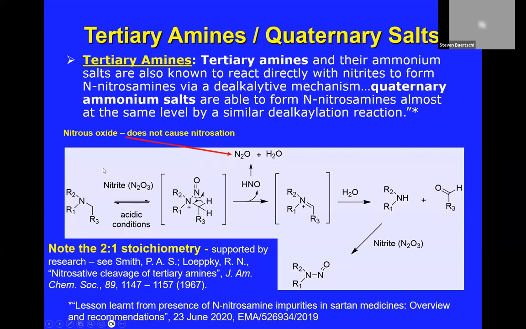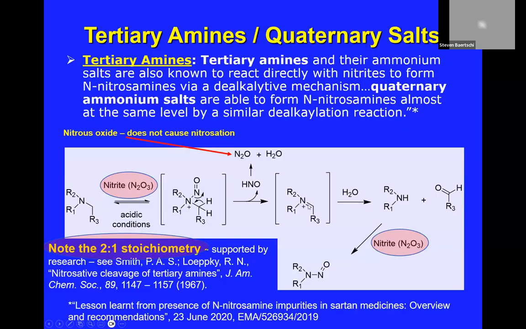So looking at this, I want to call attention to a couple of things here. When you think of a tertiary amine, there's an initial reaction with nitrite or with the nitrosating reagent to form an unstable nitroso compound. That unstable nitroso compound will degrade to give off HNO, or nitroxyl, and then nitrous oxide, N2O. And N2O does not cause nitrosation. So you have a decomposition pathway that gives rise to a reagent that does not cause nitrosation, and now you have a dealkylated product. So now you have, well, you don't have it dealkylated yet.